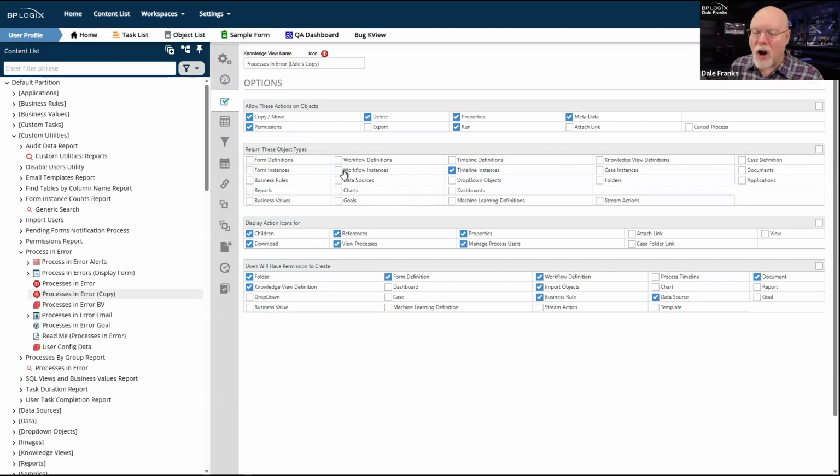And by just unchecking this box, I probably cut the speed at which it runs by at least a third. In fact, about 2 weeks ago, I had a conversation with a customer who would try to run this processes in error knowledge view, and it would just take forever for them to run. And they do have a lot of processes and tens of thousands of users. So there's a lot going on there.